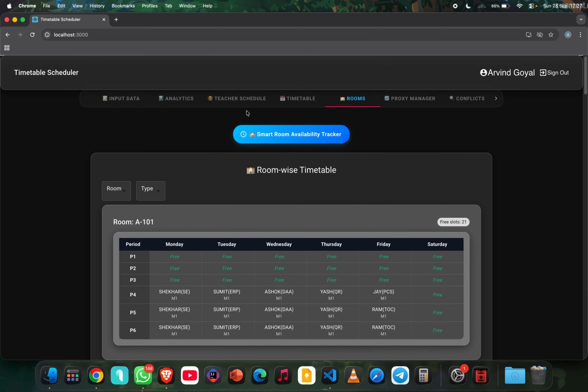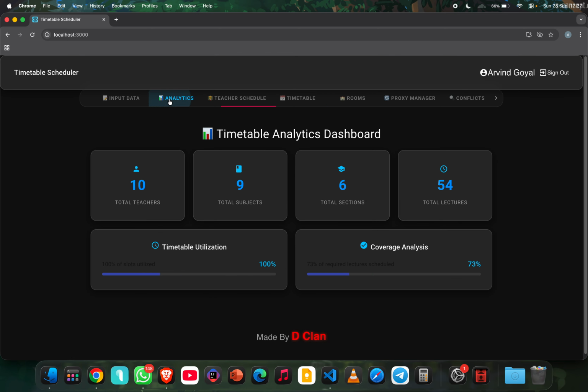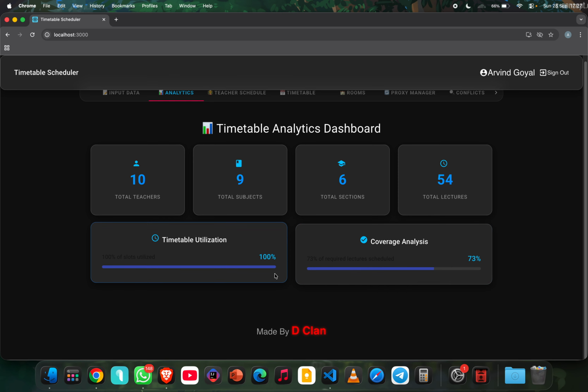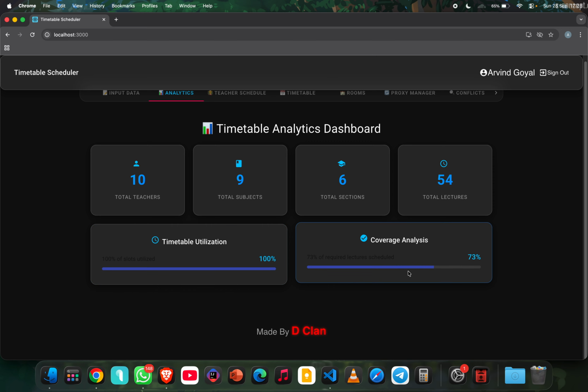And let me show you the analytics part. In this analytics part, we have complete details about our timetable scheduler: total teachers we have for our timetable creation, total subjects that we are going to teach, total sections we are going to schedule the timetable for, and total lectures that we are having in a day. Timetable utilization will show you as an analysis part, and coverage analysis will show you that 73% of